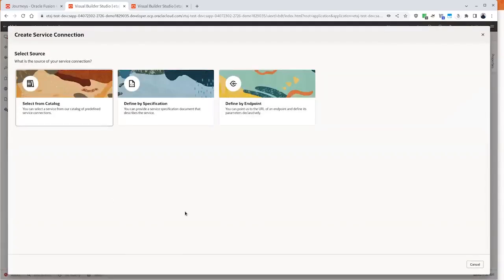And so here is where I can define the data source. I could use a REST endpoint that's just a bare REST endpoint somewhere. Maybe it's something I created with ORDS, Oracle REST Data Services. Maybe it's something else out on the web that would be directly to an endpoint. I could use a specification. So if there's a suite of REST endpoints that's defined by a Swagger doc or something along those lines, I could put that in here and define a suite of endpoints,